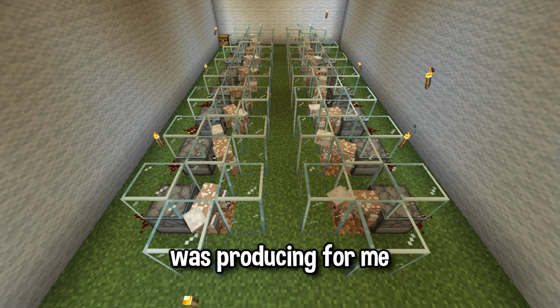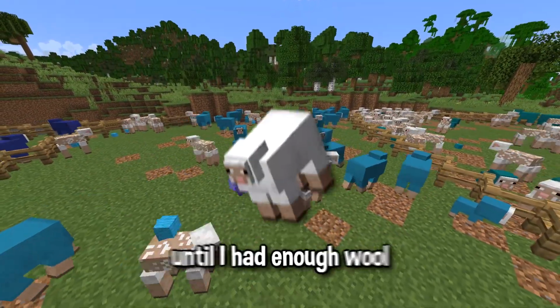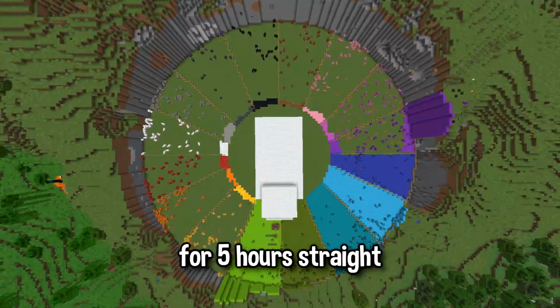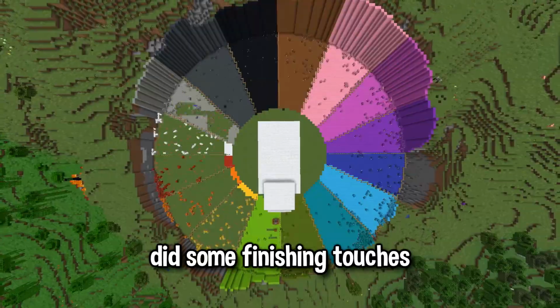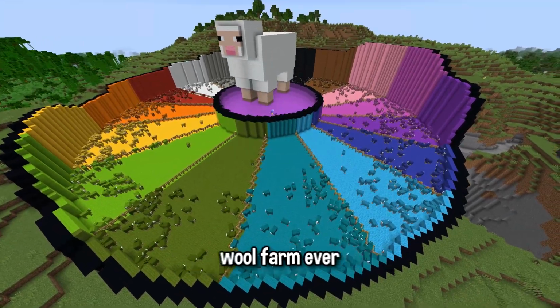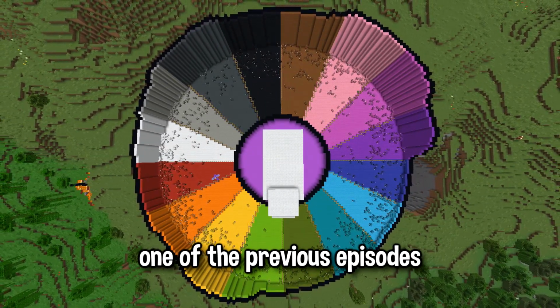And while the farm was producing for me, I went back to manual labor. Breeding and shearing sheep until I had enough wool to finish the build. I placed blocks for 5 hours straight, did some finishing touches, and boom, there we have it, the most over-the-top wool farm ever. If you like what you see, maybe check out one of the previous episodes where I flooded